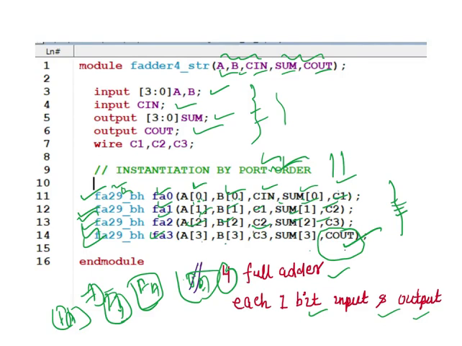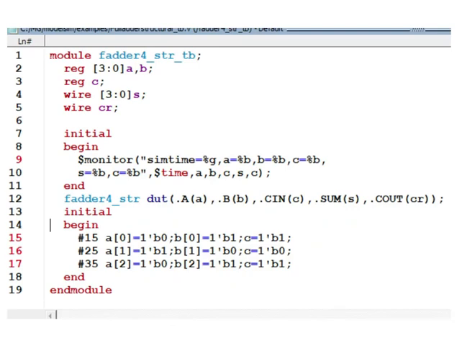Okay. The next is to check the functionality of your design. I have written a test bench for this. You can write the same code if you have a simulator like ModelSim or Xilinx, and you can verify the logic that you have written, the structural modeling. Okay. And 100% it will work. I have given some inputs, A0, B0 and C, and I am checking the outputs, sum and carry. What are the sum and carry I am getting? Okay. This is how structural modeling works.